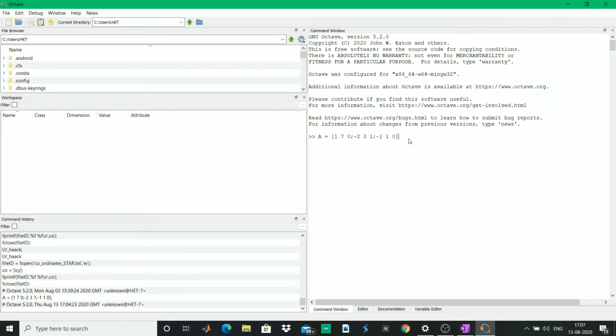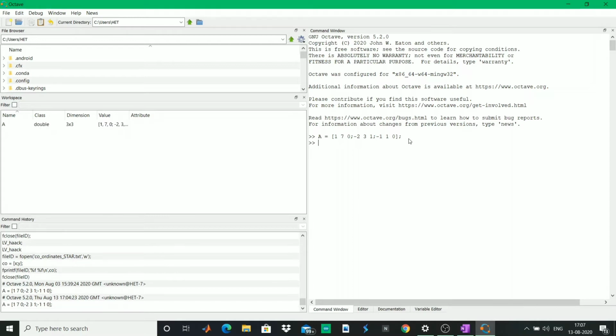Briefly I'll tell all of my viewers how a matrix is formed. All the elements of a row are written down in a single line without any colon or semicolon, while the elements of the next row are entered by putting a semicolon and then entering all the elements, and all the rows are entered like that. Now I'll suppress the echo by entering the semicolon and pressing enter. You'll see that matrix A is formed and the size of A is 3 by 3. You can see it from the workspace.